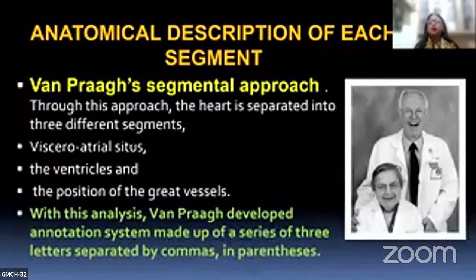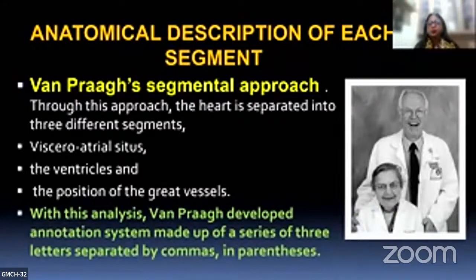So in this 20 to 25 minutes, I would like to make it as simplified as possible. First of all, the anatomical description of each segment. So Van Praag in 1960s came up with this segmental approach in order to define the cardiac anatomy in congenital heart disease. Through this approach, the heart is separated into 3 different segments: viscoatrial situs, the ventricles, and the position